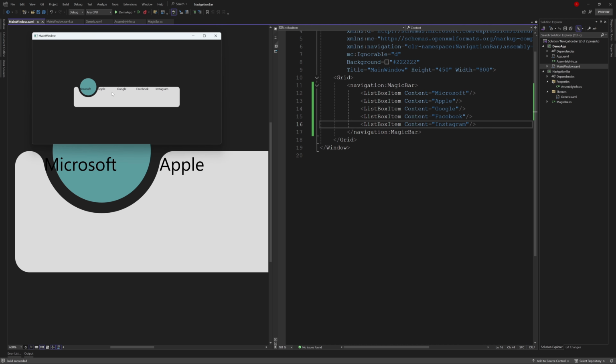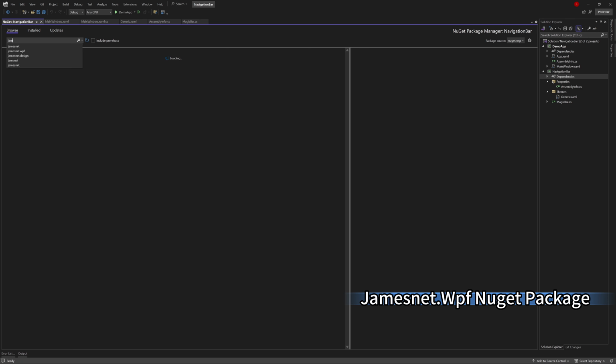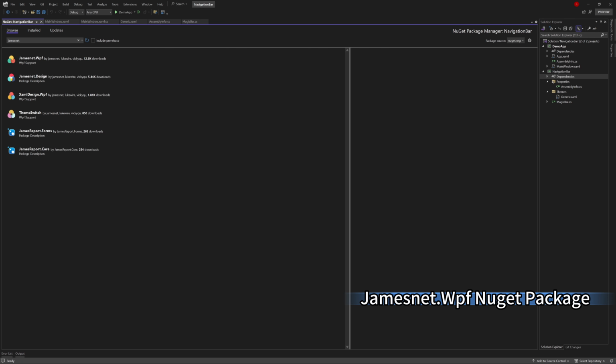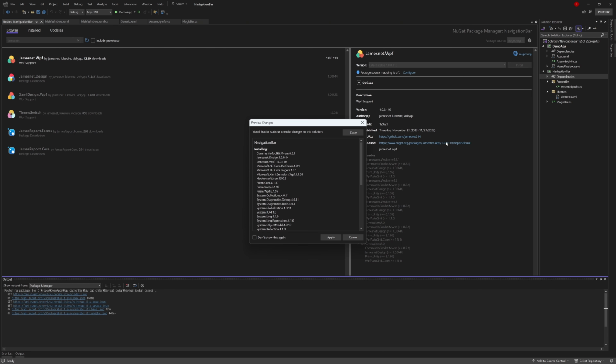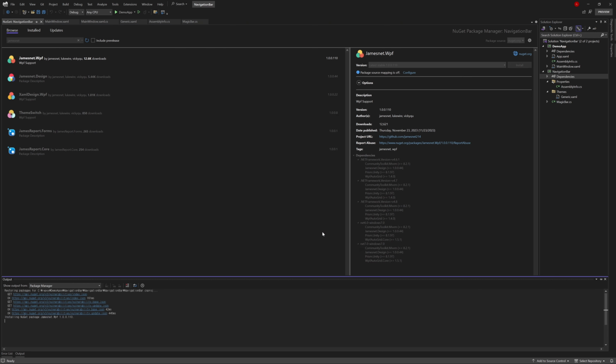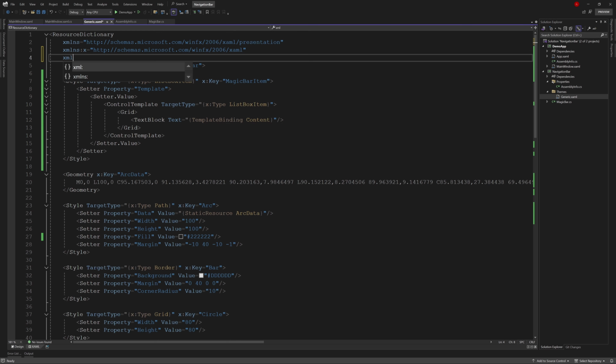Now let's add an icon. We use the icon from the Gemsnet WPF NuGet package. It's very easy to use. Now we add the NuGet package address in the generic file.